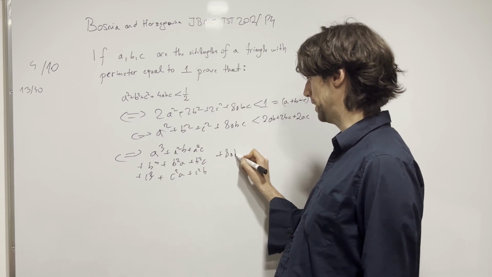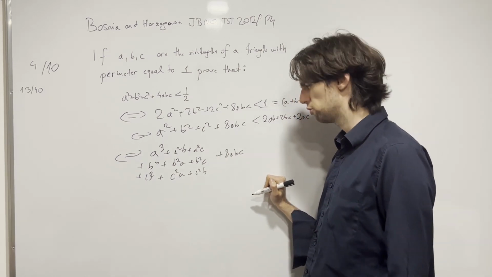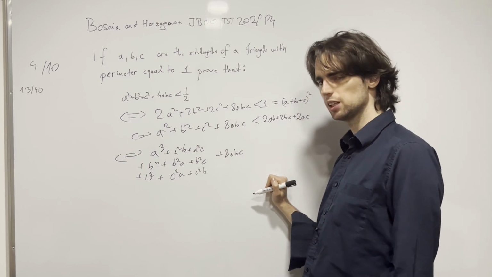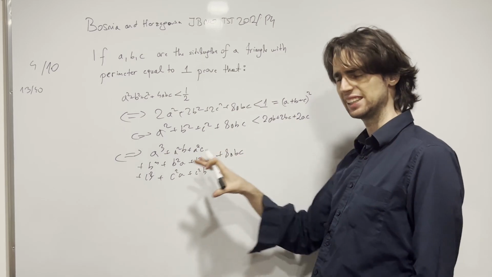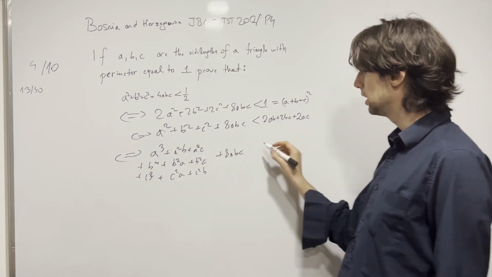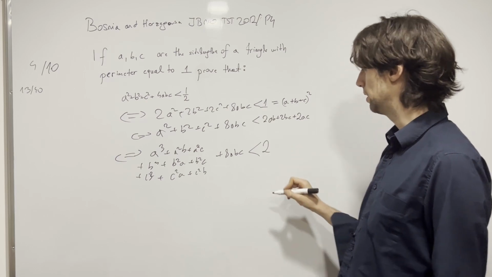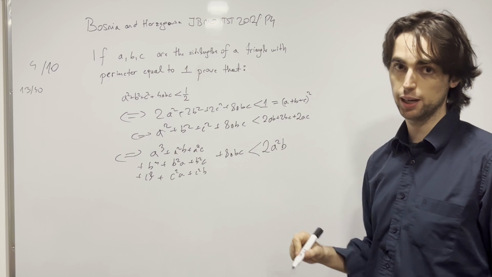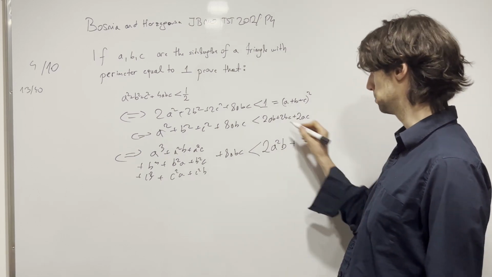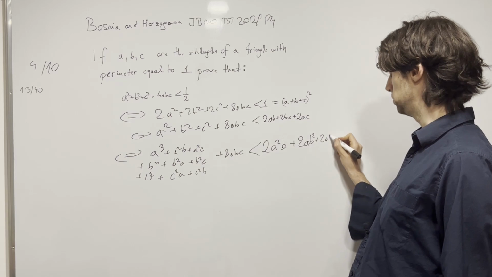Then we have plus 8abc, which kind of looks like (a plus b plus c) cubed, but isn't quite equal to that. And this becomes less than, so we have 2a squared b when I multiplied by a, when I multiplied by b, 2ab squared plus 2abc